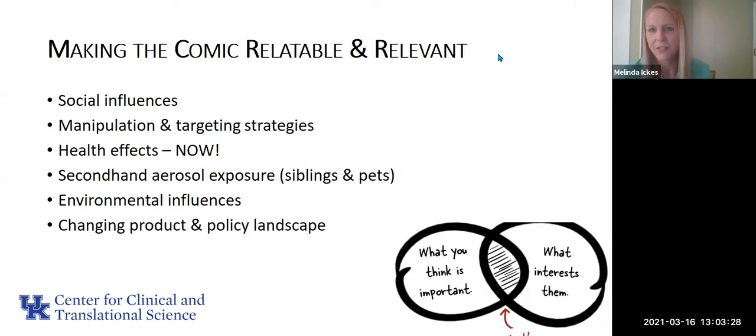And then the other really interesting thing I think about this topic and this research study is that this is a changing landscape almost daily, weekly. At the time, it was also when EVALI came out and so we were seeing e-cigarettes in the news every single day. And so we had to have conversations. Is what we're putting into the comics still relevant? Are there going to be policy changes? Thinking about leaving things a little open so that we also had room for growth as those landscapes changed.